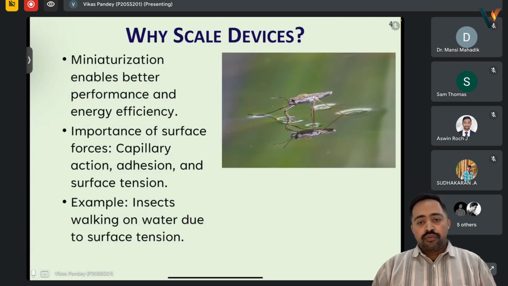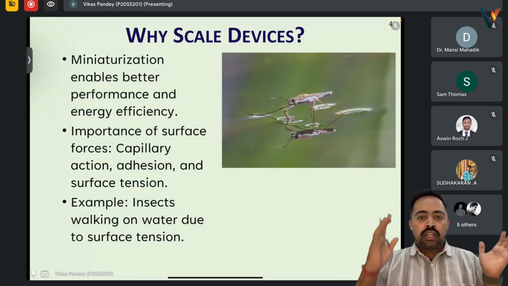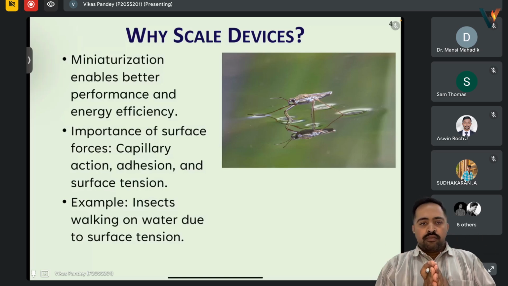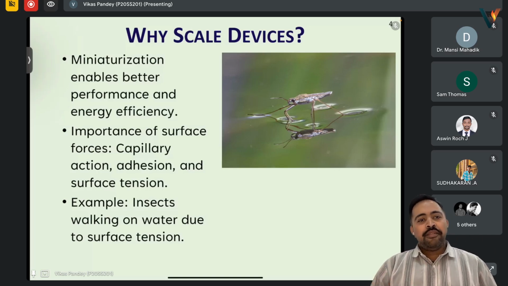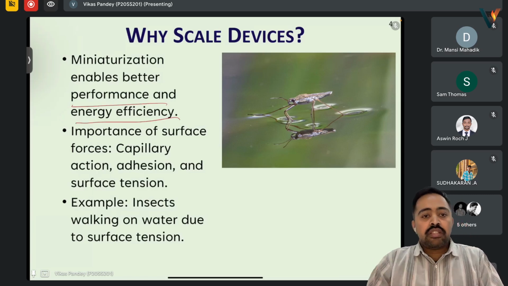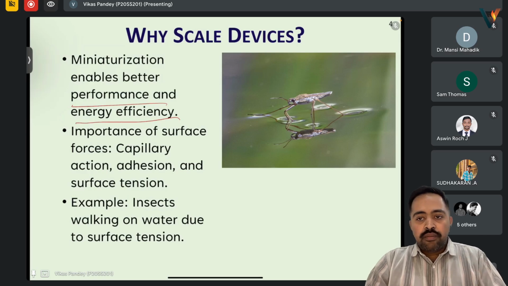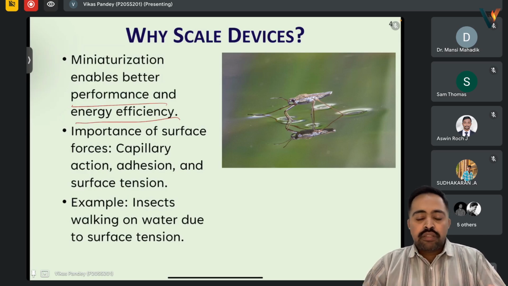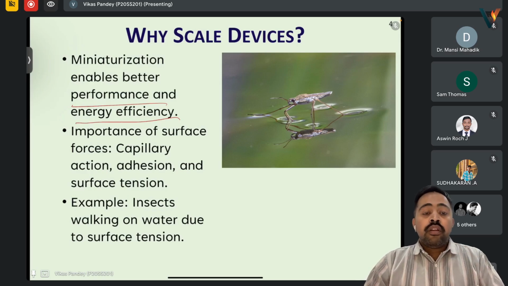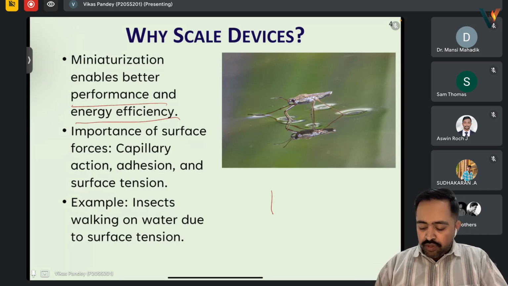So first thing is, why scale devices? Why are we making devices smaller? Why is bigger not better? As I said, smaller enables better performance and energy efficiency. We can do the same task using lower energy. That means to run the same device, we will need lower energy and we will get better performance, in the sense that suppose we have to